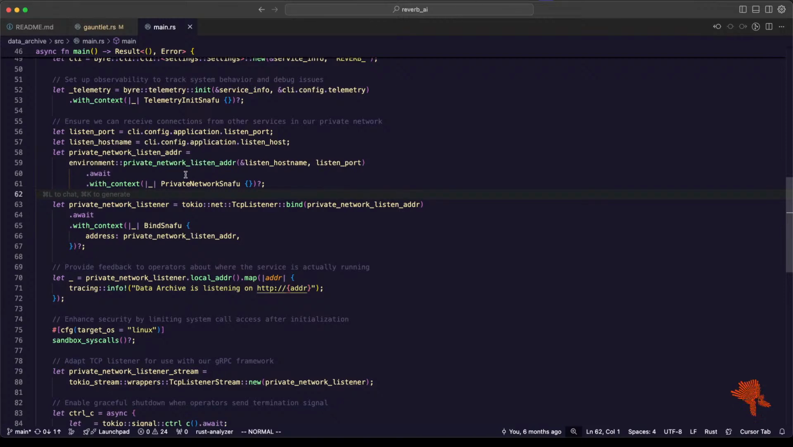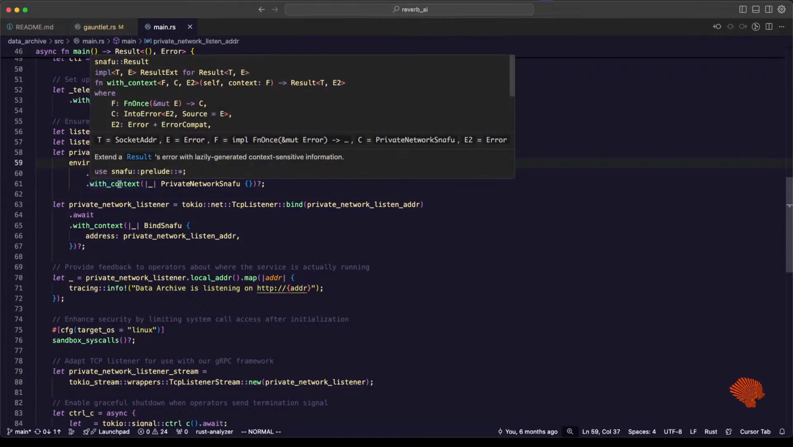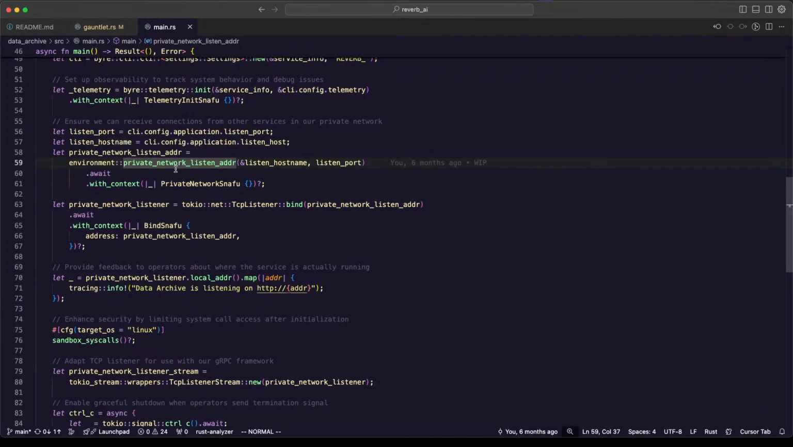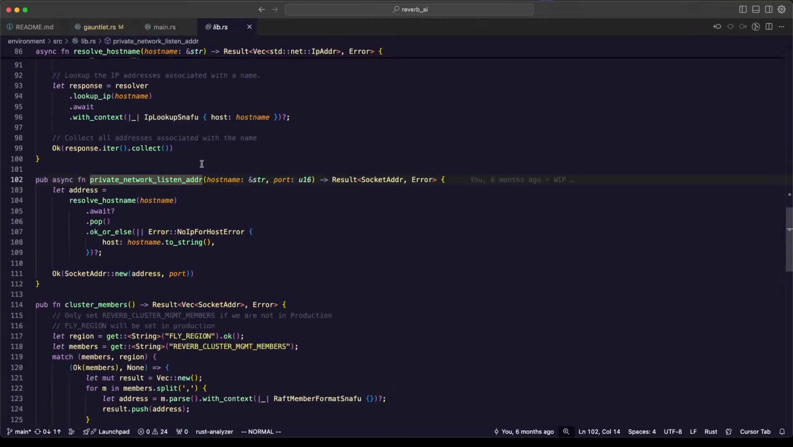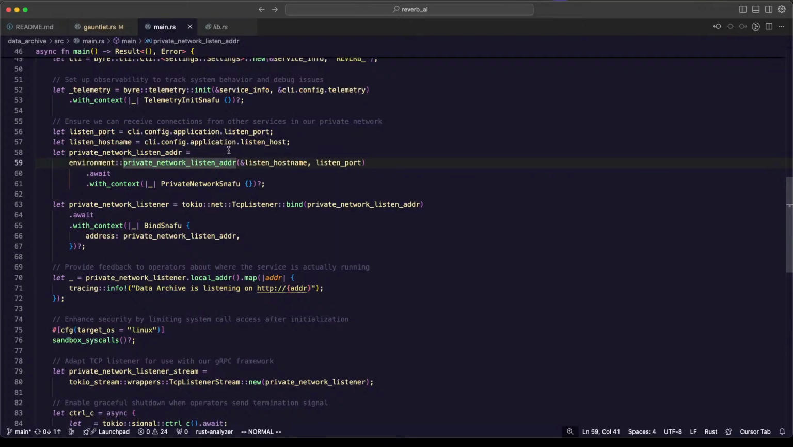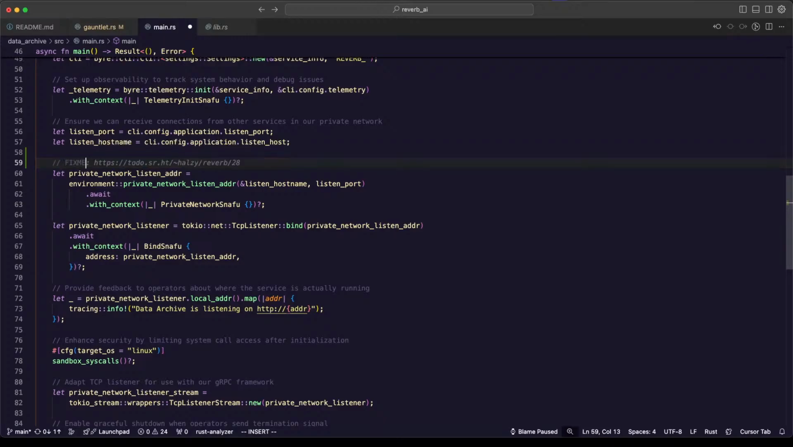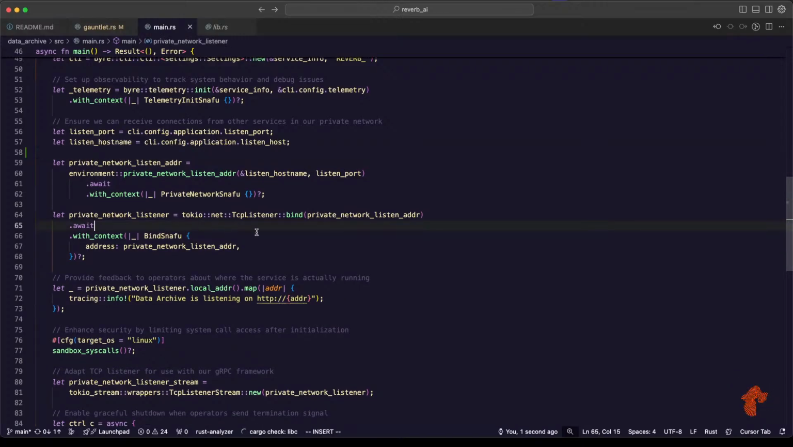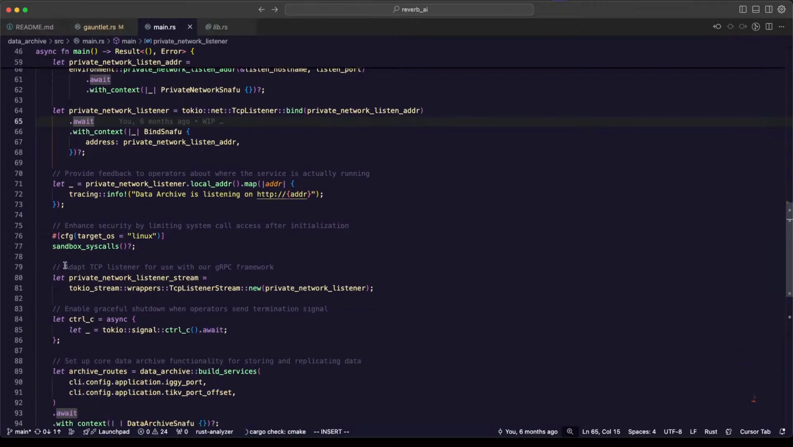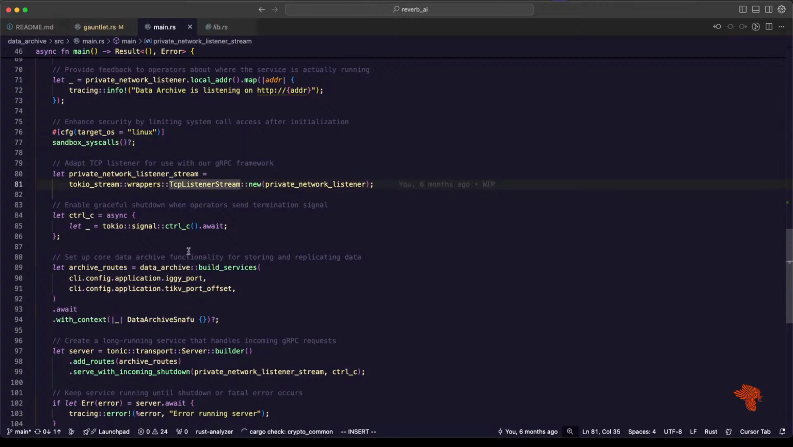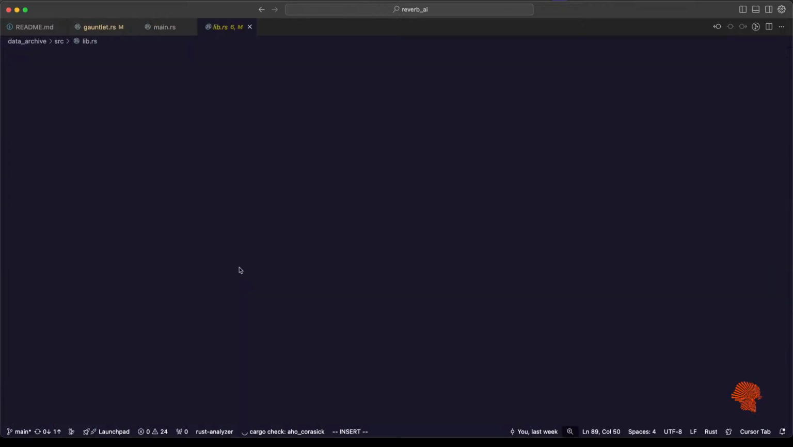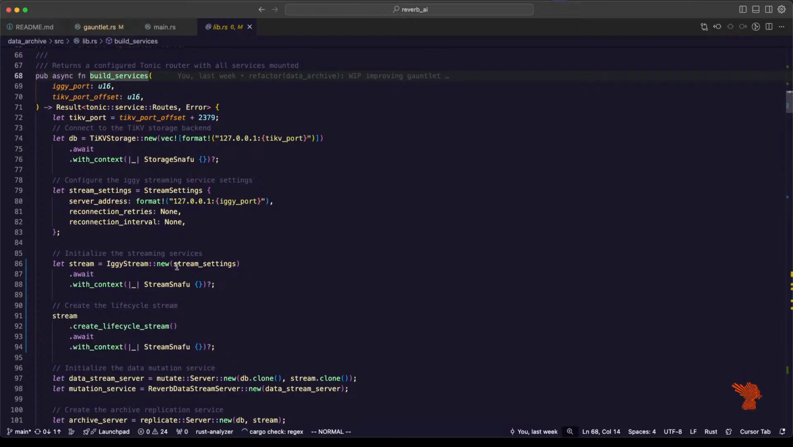Okay, what is this? Private network listen address. That should probably be refactored. No, no, no, no. No, I can't. Let's keep going. Syscalls, fine, TCP listener, build services. Here we go. So in our build services,